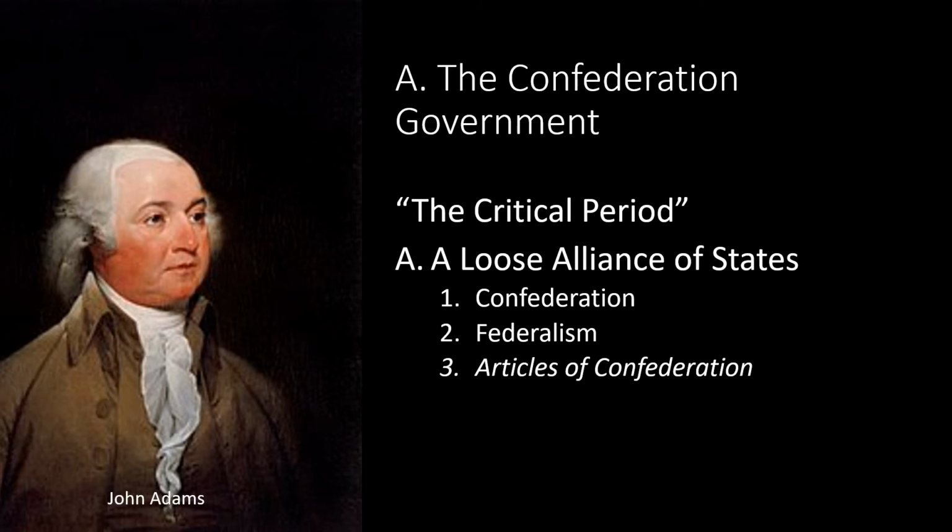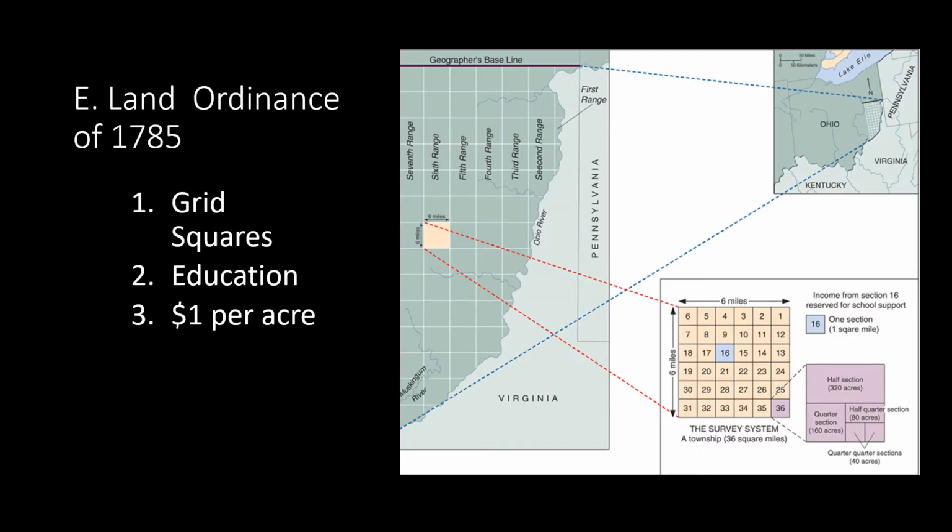The Second Continental Congress would establish a government among the 13 states. Each state would have one equal vote. The government could declare war, sign treaties, borrow money, and establish a post office. The approval of the Articles of Confederation went into effect in March of 1781. The Land Ordinance of 1785.